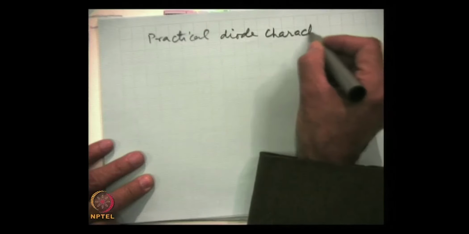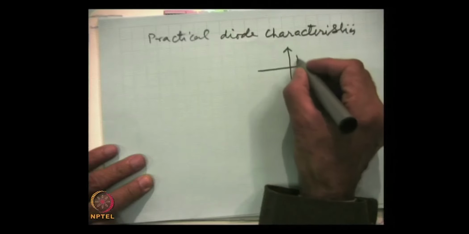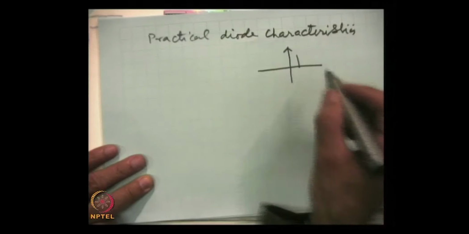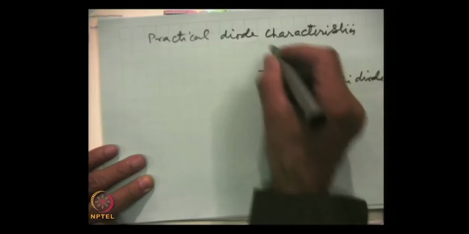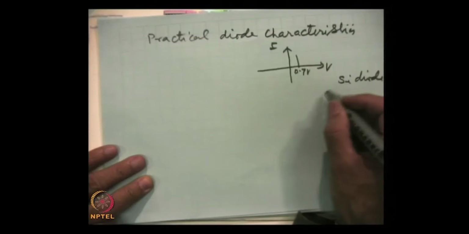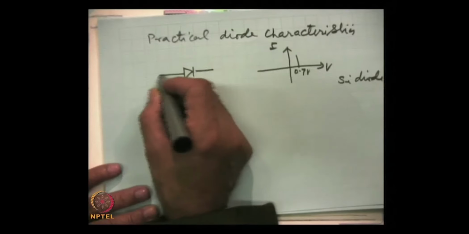Practical diode characteristics are like this, and this is for a silicon diode. This is taken as 0.7 volts, the diode drop in the forward direction, that means here,